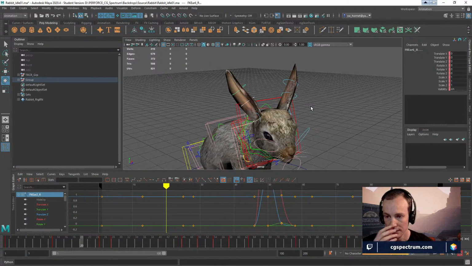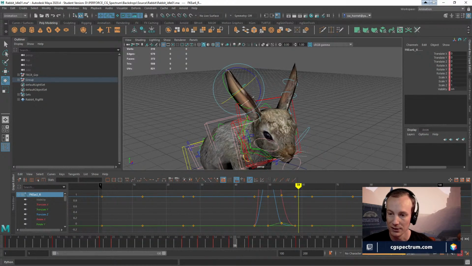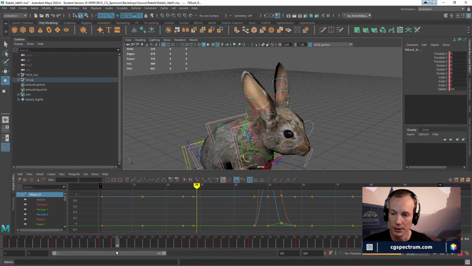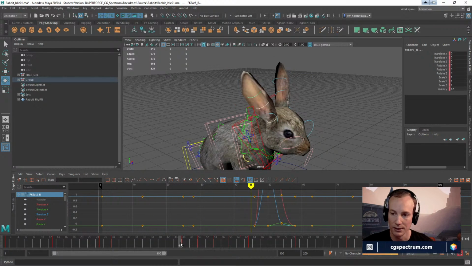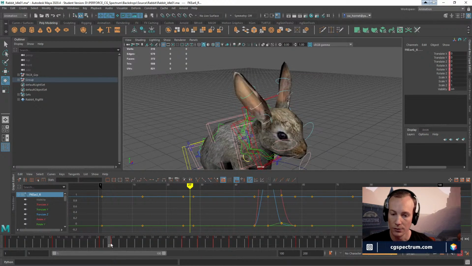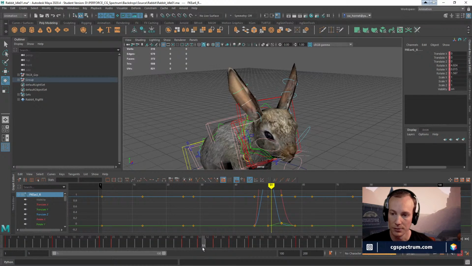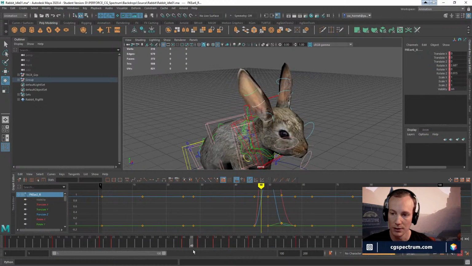I think actually, now that I'm using the ears, I'm like, oh geez, this is where you can put a lot of subtlety into your cycle as well. Because the ears are always kind of listening for things. Maybe we can do a moment here to explain why the rabbit is looking to the left. It would be like, oh, I heard something, and then all of a sudden they'll look to the left. So I'm going to try to be a little sneaky here because the pose that we started animating with